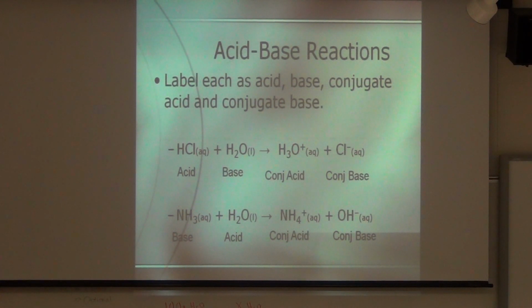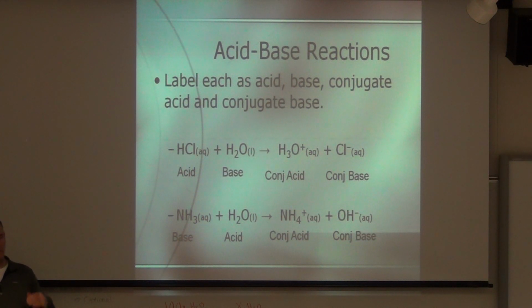In problem number 5 on your review sheet, A through C ask you to identify the conjugate base for each of the acids, and D through F ask you to identify the conjugate acid for each of the bases. To get your conjugate base, that's what's left after you lose a hydrogen. So for each of those three, all you're going to do is take an H off of that original formula,